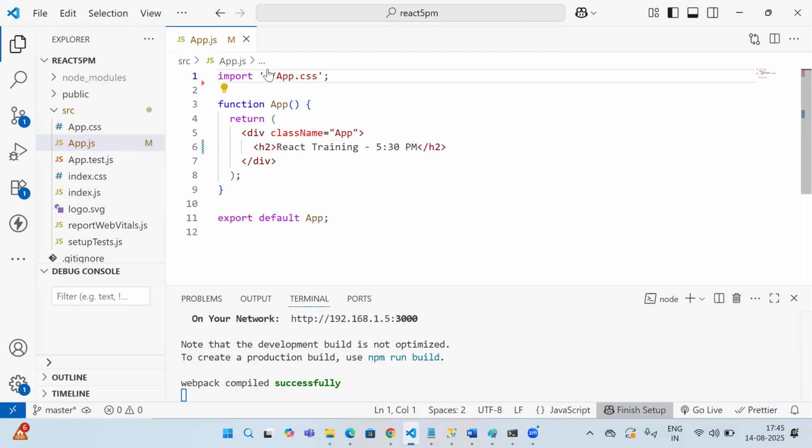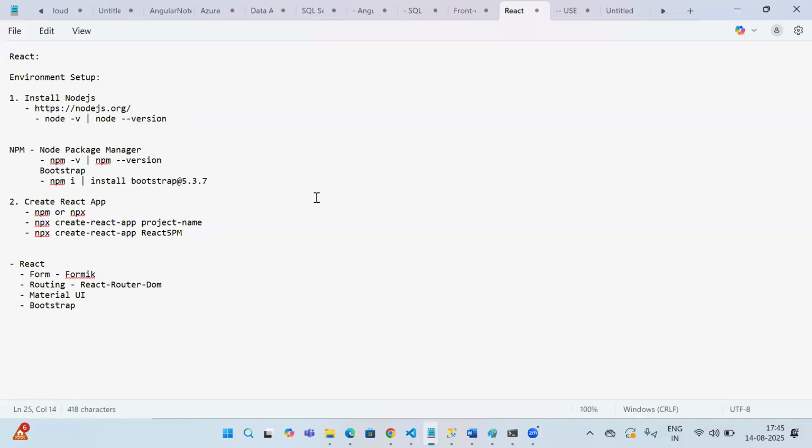Now to create the component. Components are the building blocks of React. Whatever page you're creating will be your component, and you can also create a reusable component. Suppose one component is required to be used at multiple places, so you can use that reusable component. So over here, if I go and create the component,